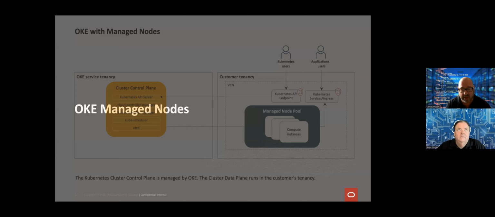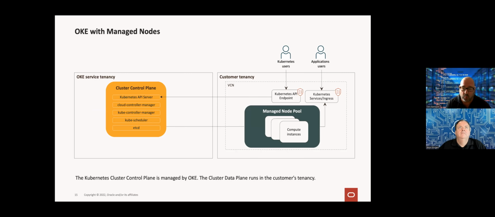So OKE managed nodes is what we have now. We control the cluster control plane. We provision the data nodes and the managed node pool as part of the installation process, but then it's up to the user to manage those worker nodes. You can add more worker nodes to scale out as your applications or requirements scale. So as you need more worker nodes or create more pods, you would create additional worker nodes. You would manage the patching on those worker nodes. You connect to those worker nodes and manage them like you would any other Kubernetes cluster. However, the whole provisioning process is simplified because we do it through OCI.